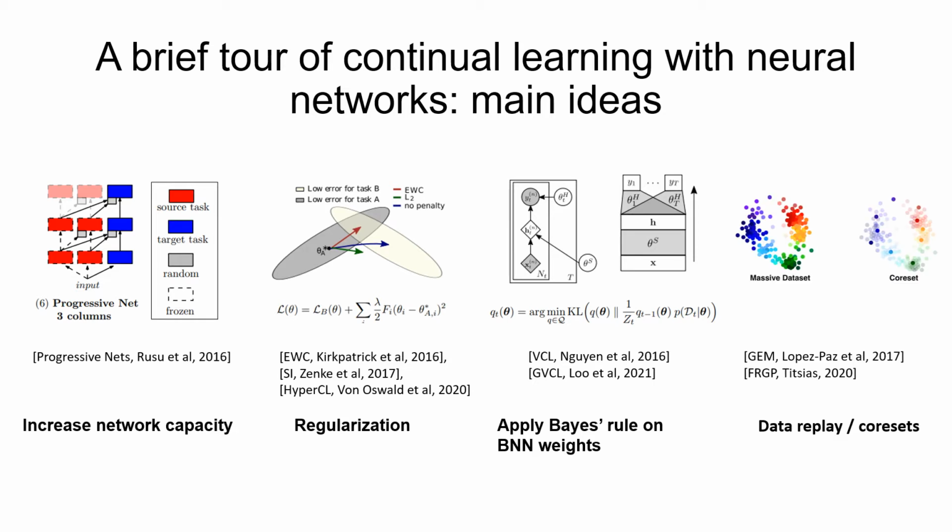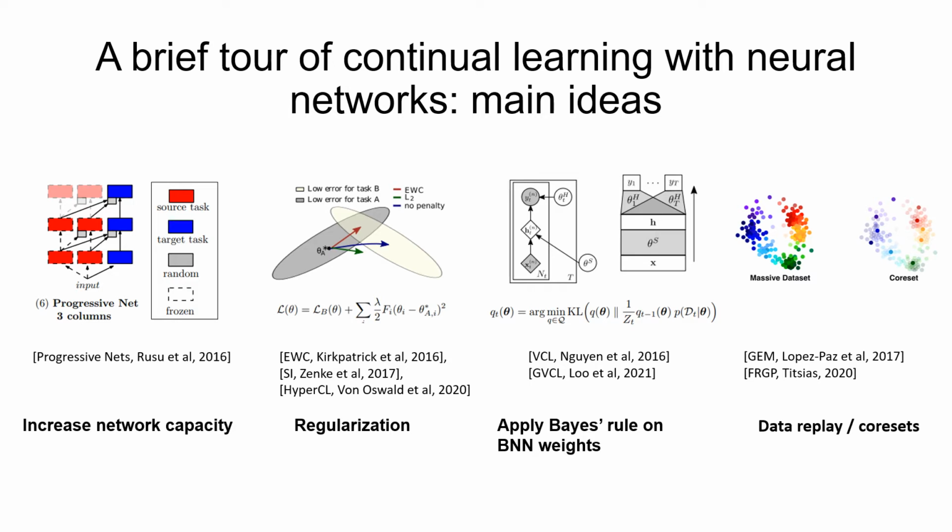Lastly, the simple idea of storing and replaying a small subset of past experiences in training turns out to work surprisingly well in many benchmarks. Past data can also be used to limit the negative effect of current gradient updates on all tasks. There are also many intelligent strategies to build a coreset to summarize past data. For example, using variational inference to learn inducing points in a sparse Gaussian process can be seen as coreset